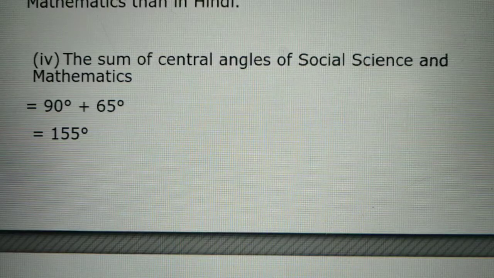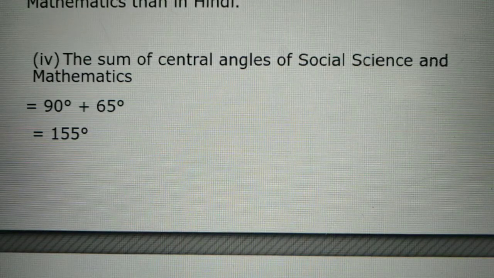Examine whether the sum of marks obtained in social science and maths is more. The marks are not required to be found. Actually we add only angles: the angle of social science and the angle of mathematics on one side, and on the second side the angle of science and the angle of Hindi. We just compare the totals of the angles of these subjects to see which sum is greater and which is lesser.